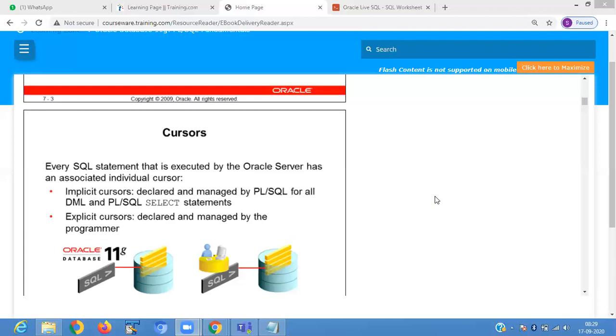Whenever a DML statement like insert, update, delete is issued, an implicit cursor is associated with this statement. For an insert operation, the cursor holds the data that needs to be inserted. For update and delete operations, the cursor identifies the rows that should be affected. We already know some implicit cursor attributes we are using: found, not found, open, and row count, which counts how many rows are present.